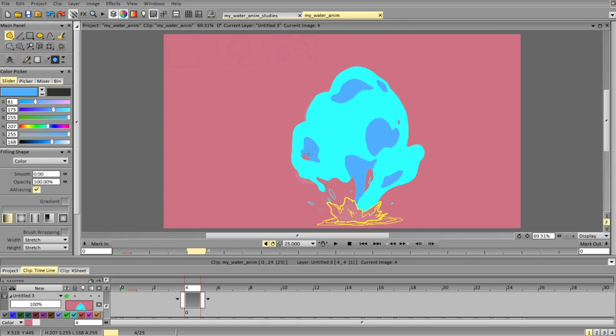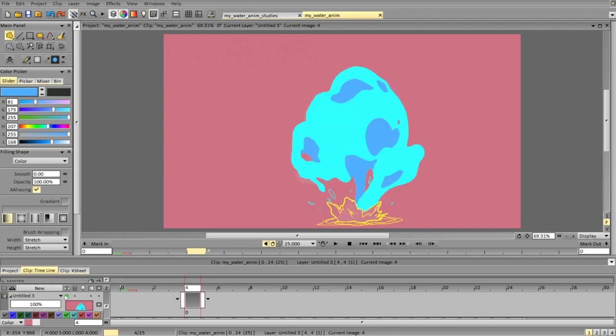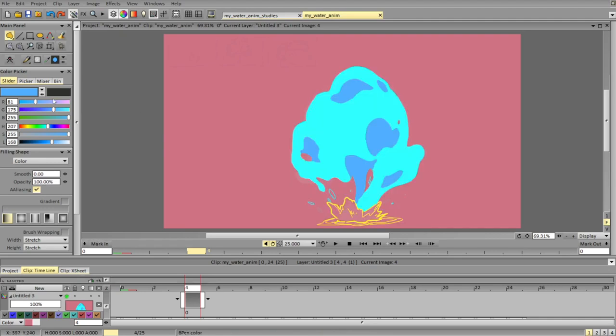I like this idea. And now you can add some flow here and there, and this darker shape.